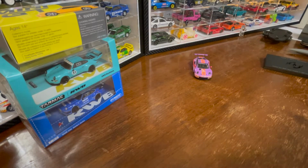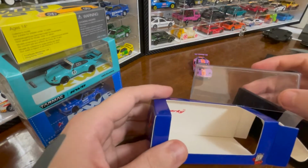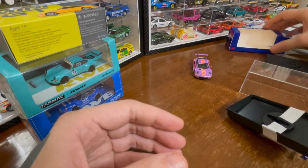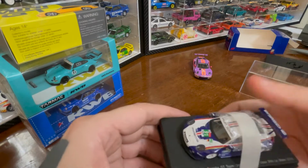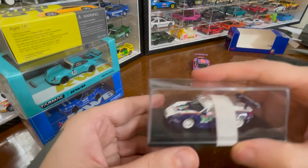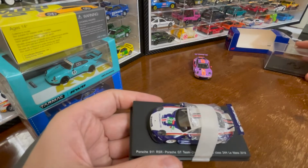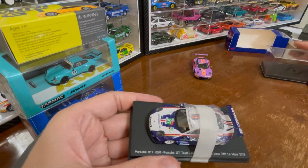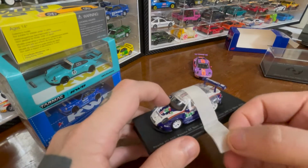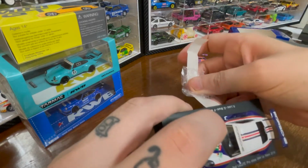Sorry, I just have to use two hands to get it started here. That's fine. What could possibly go wrong? Okay, so this one comes with an acrylic top to the base, which the other one does not. The acrylic top does fit on the base for the other one though, so it's up to me which one I want to protect. And it's got this line of masking tape holding it down, which they carefully put bubble wrap. And I think this is just the